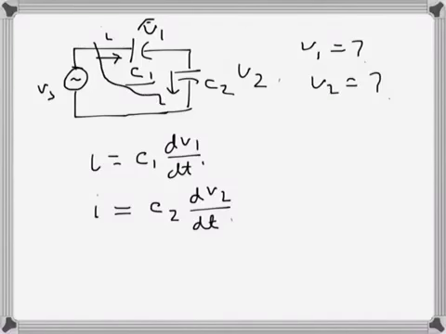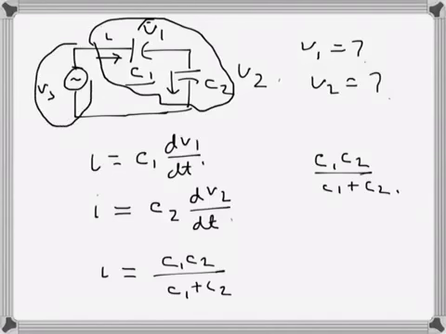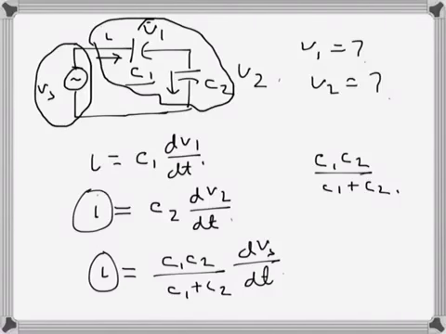and then if I combine these two capacitors which are in series, the equivalent capacitor will be C1 C2 over C1 plus C2. So the current I = C1 C2 over C1 plus C2, the equivalent capacitor, times dVs/dt, because the full voltage Vs is coming across the equivalent capacitor, which is the series combination. So they are all the same I because it's a series circuit. So now if I